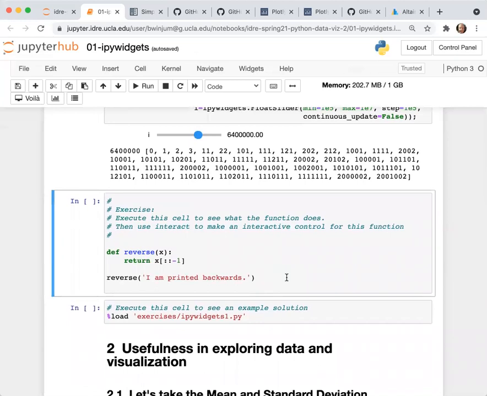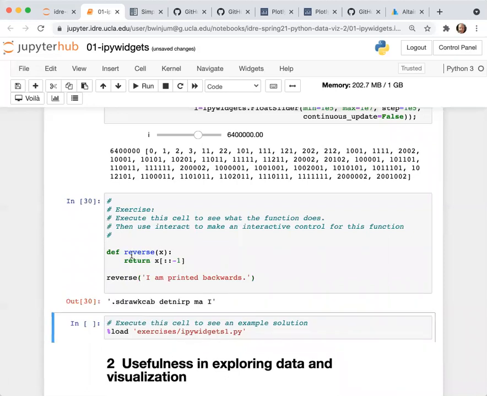So now for those of you who are following along, I'd like you to try and just make this interact function yourself. So I've included a cell here. I'll execute this myself too. What the cell does is it takes a string as input and it prints out the string in reverse order. So I'll give you a minute here. Just try and make an interact function that calls this with a string so that you have an interactive control as a widget object for this function.